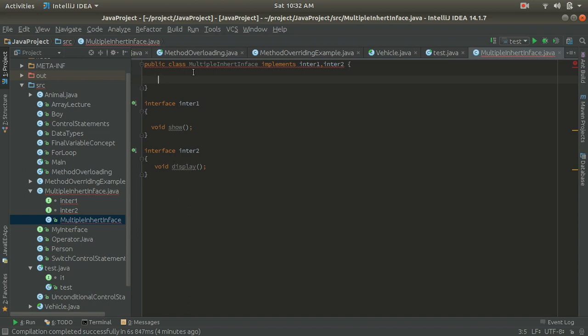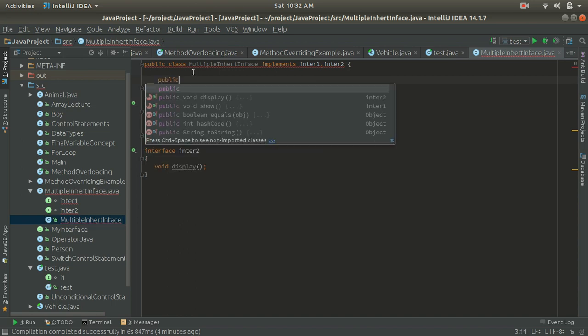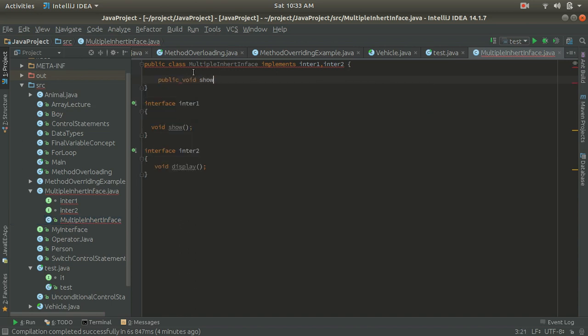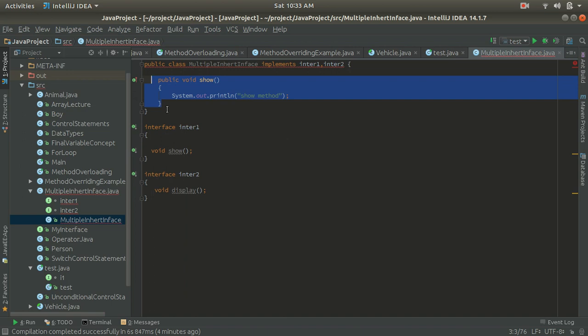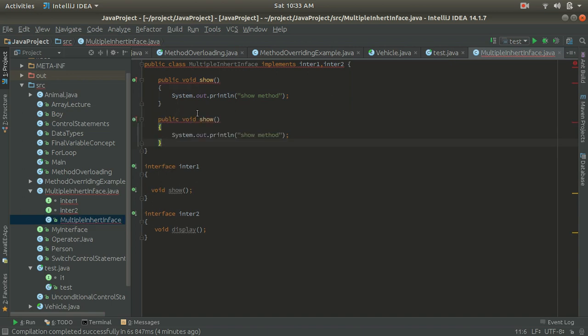Let's implement these methods. public void show, and inside this method I will write System.out.println show method. In the same way I will copy this code and paste it down. Here you can write display. Display is the method of the interface inter2, and here I have overridden this method.